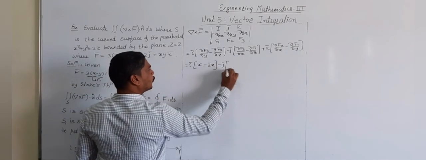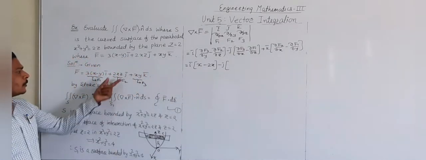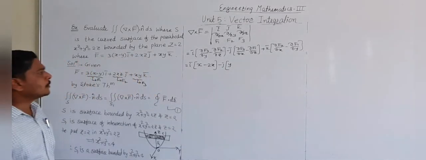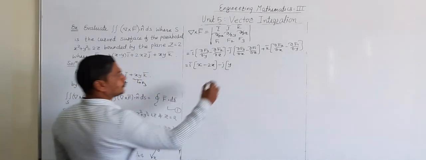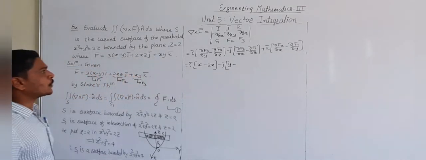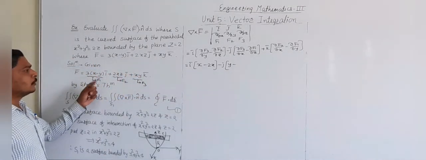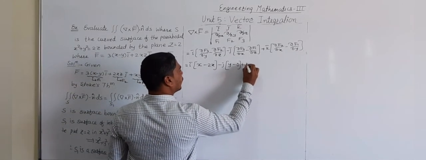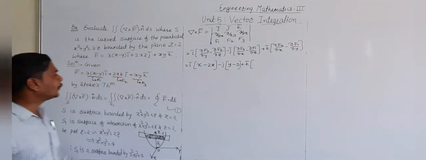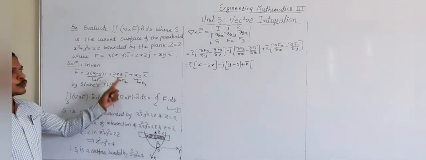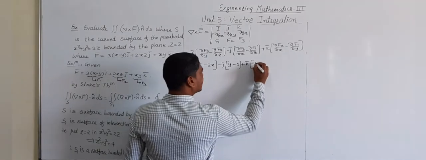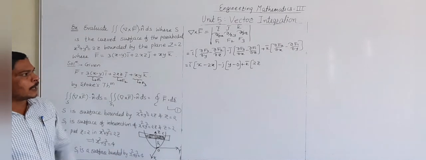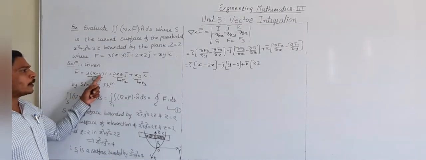Then minus J bar into bracket partial derivative of F3 with respect to x. So this is our F3. Y is constant as it is. Partial derivative of x is 1. Then minus sign partial derivative of F1 with respect to z. So this is our F1, which does not contain the variable z. So the derivative becomes 0. Plus K bar into bracket partial derivative of F2 with respect to x, which is 2z because the function of x is x. Its derivative becomes 1 and constant 2z as it is, minus partial derivative of F1 with respect to y.